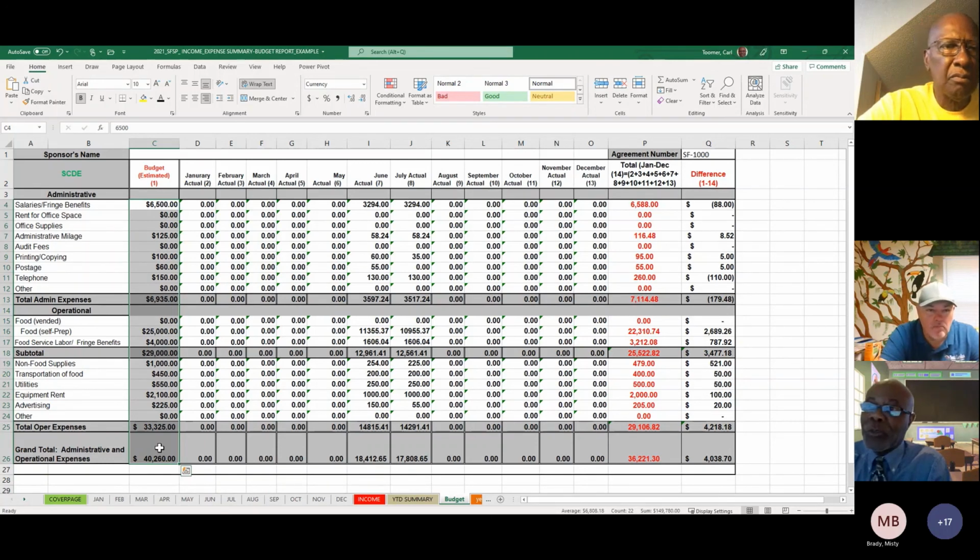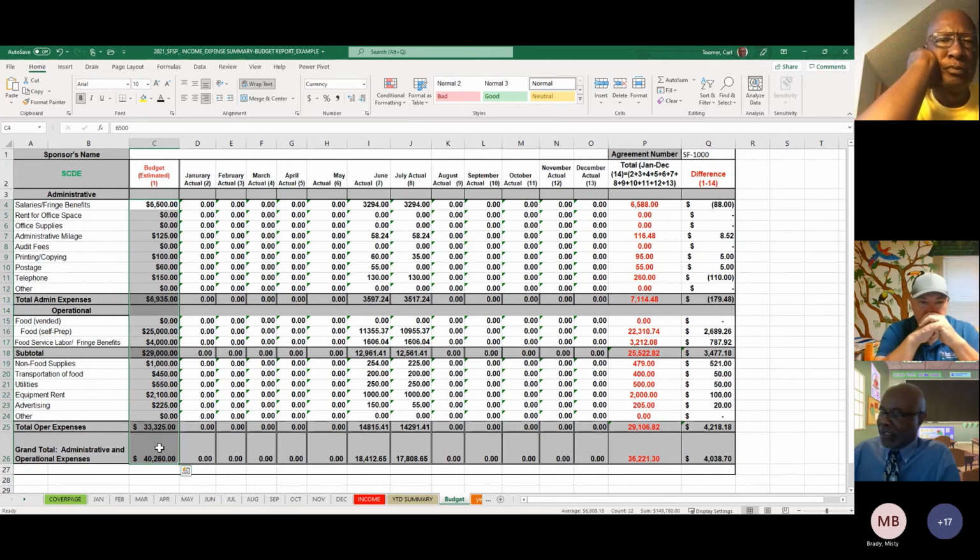So you would have to go to your sponsor application and enter this information manually. Whatever line items you have on your budget on your application, those line items need to exist here in order for the budget to work properly for you.